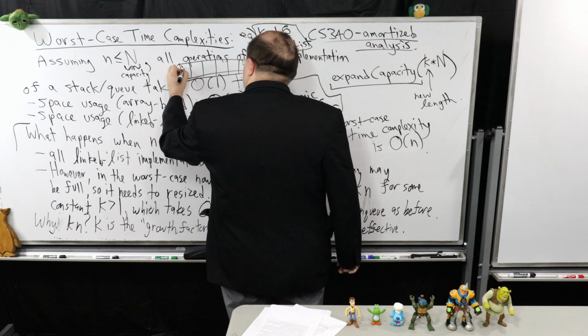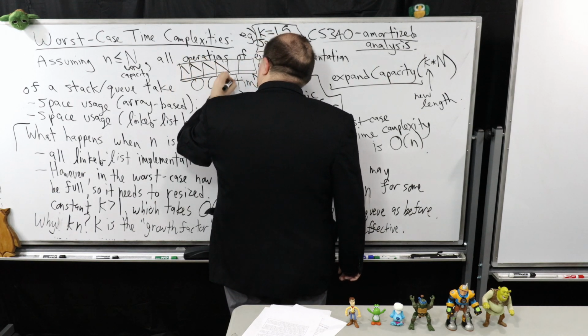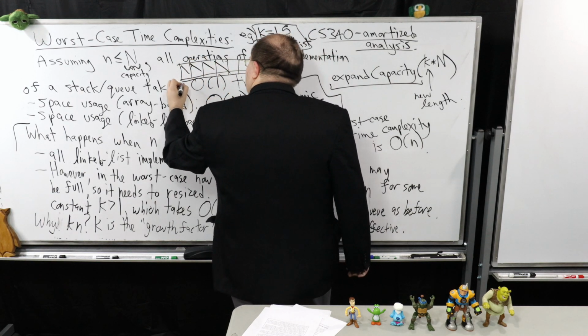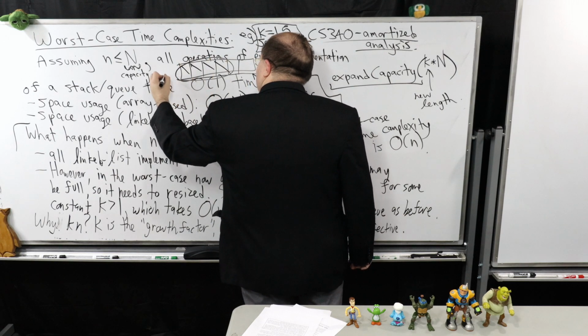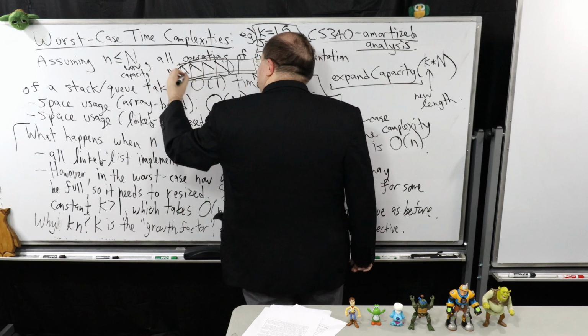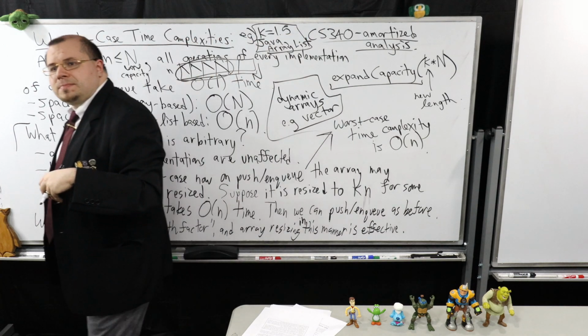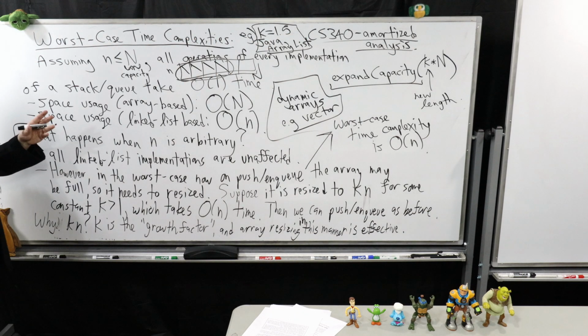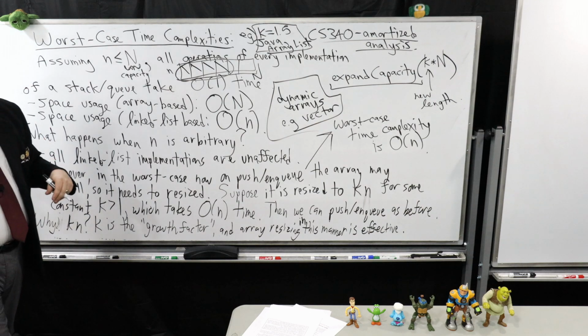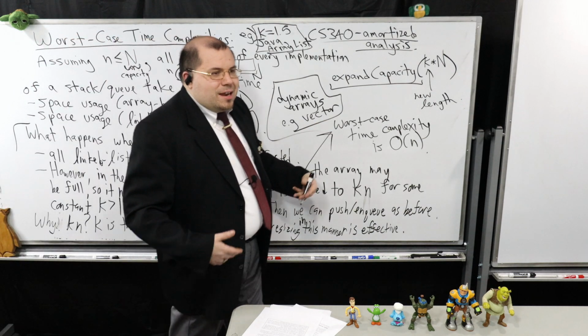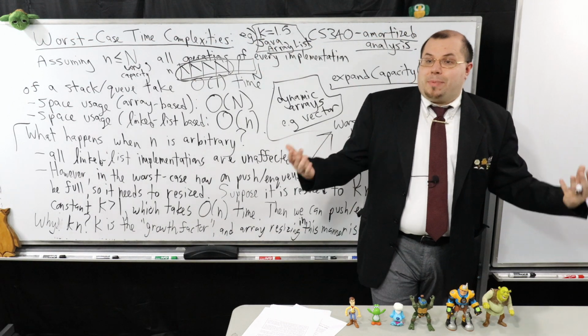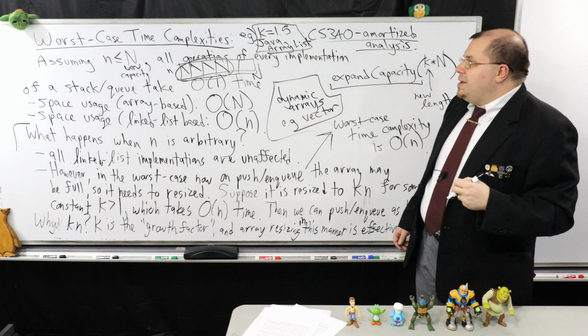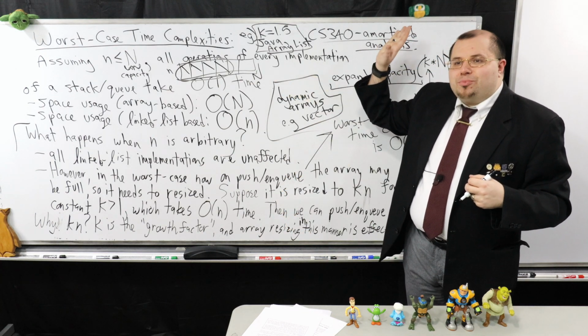So for example, if I do a bunch of push operations and I have 4 of them, that would be what lowercase n is. So capital N's purpose is the length of the array. As you increase the number of elements in there, you may have to update the capacity capital N. But the point I'm getting at is that in practice,